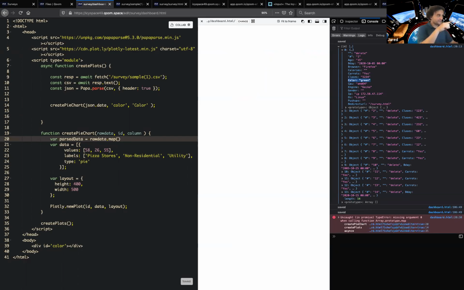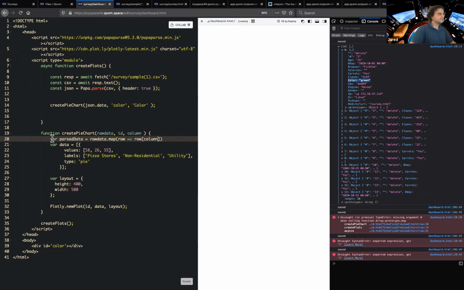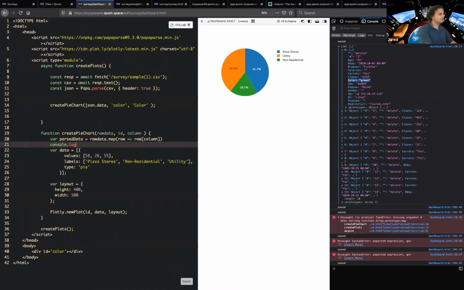The way it works is it takes the first row, so this is one of my rows in my spreadsheet, and says from that row, all I want is row bracket column. So basically just the column I want. So this column is color. So if I console log parseData now,